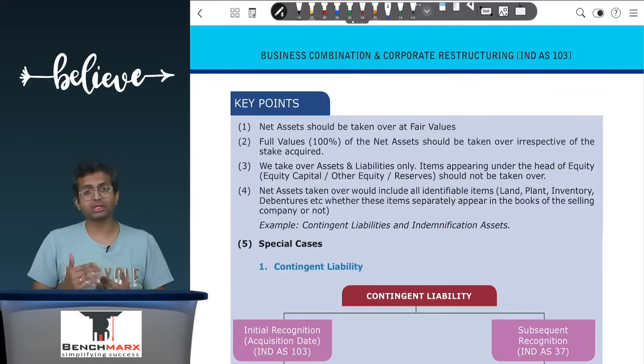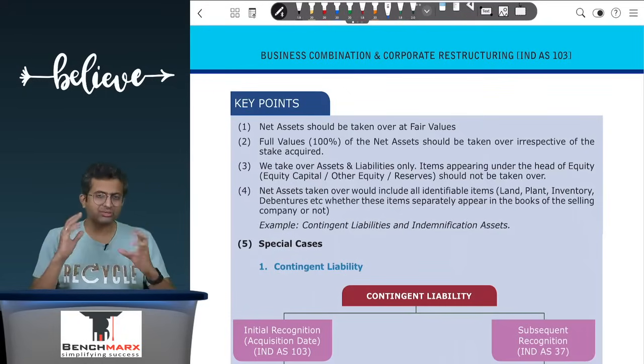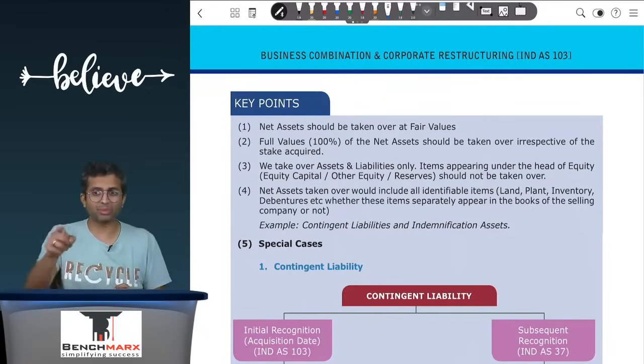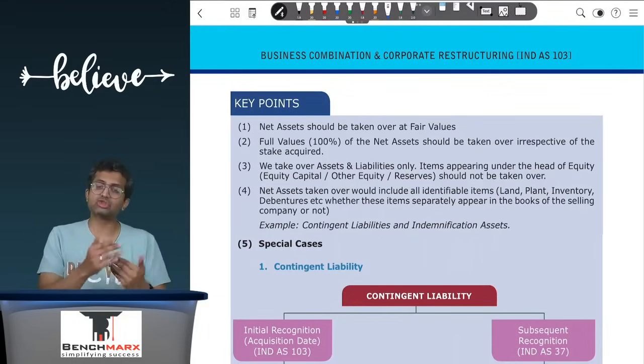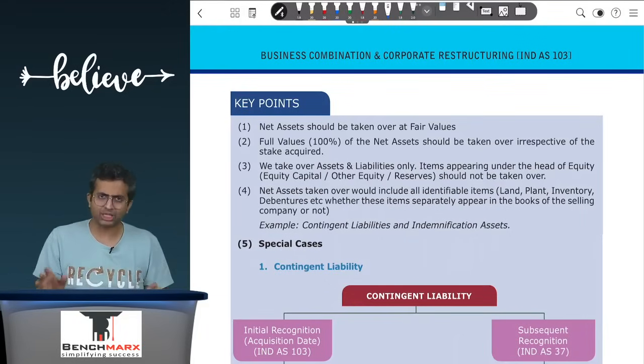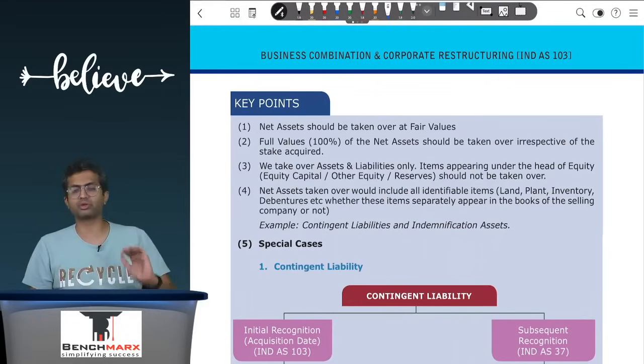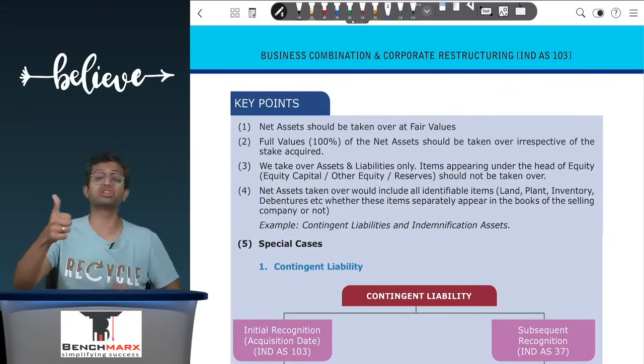However, when an acquirer takes over a company which has a contingent liability, its PC, its calculation will be impacted by the existence of an ongoing lawsuit, and hence, in order to appropriately calculate goodwill, we will record this contingent liability at fair value irrespective of whether it was probable or not at the stage of acquisition. So you will take over the contingent liability at fair value.